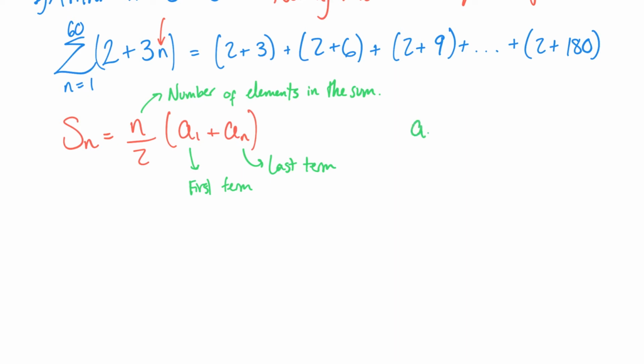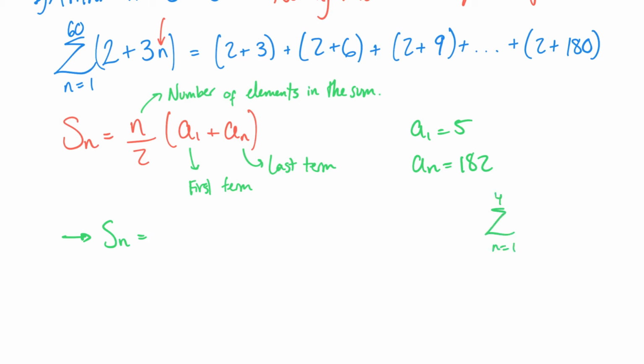We know that the first term is 5. We know that the last term is 182. So, S of n will be equal to, how many terms do we have? Again, very easy. We have 60 terms. Now, how do we know there's 60? Well, let's do a little trial here. Let's imagine